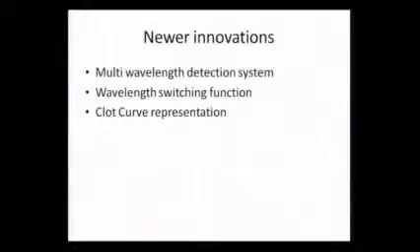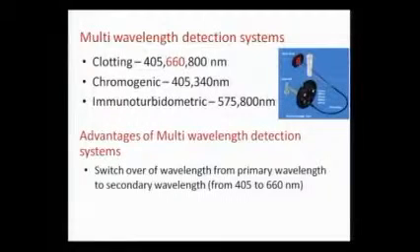So what are the newer innovations that we are trying to get into coagulometers, which may probably bring the test closer to physiology? You have the multi-wavelength detection system, the wavelength switching function, as well as the clot curve representation. The multi-wavelength detection system is basically the fact that there are multiple wavelengths in a coagulometer, and there are selected wavelengths for certain